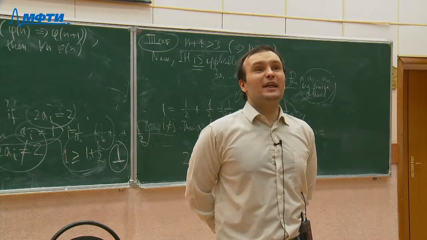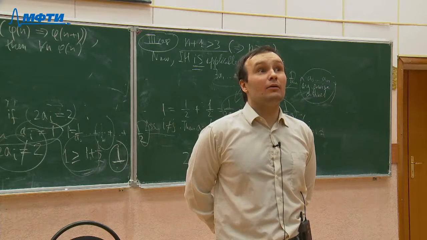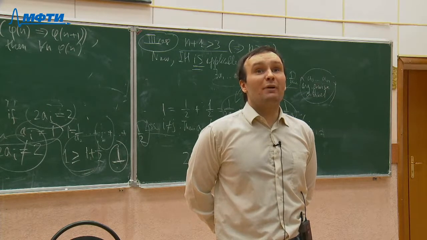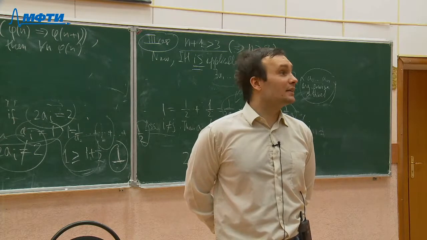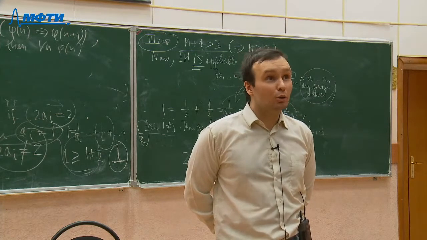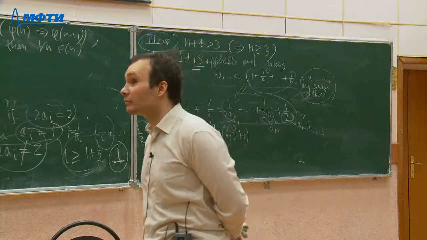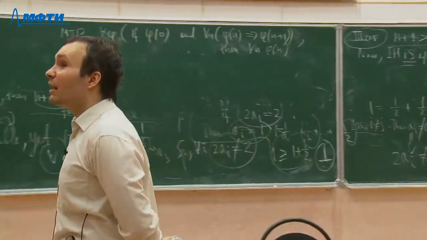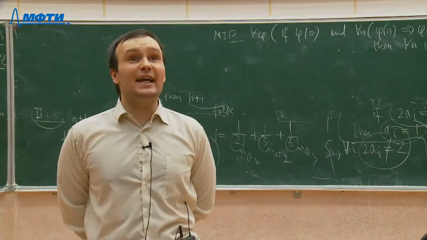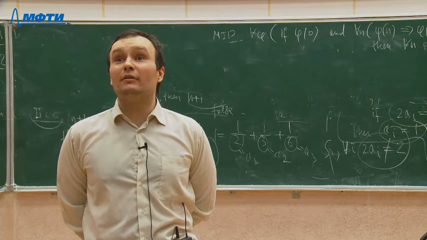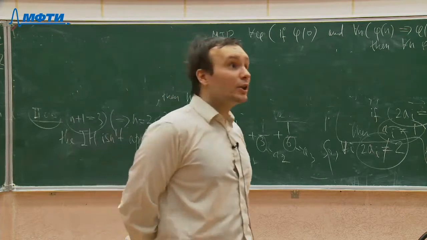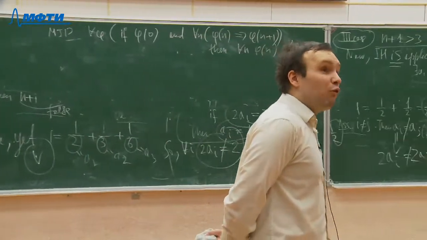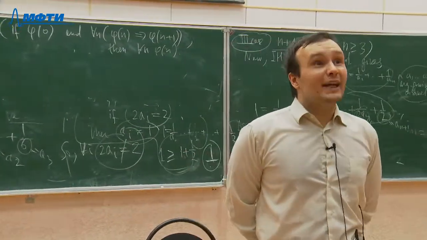Do you know the least prime number? Do you know primes? So what is the least prime number? 2, of course. Do you know the least number which is divisible by 3 and by 5? 15, of course. So, for whatever property of naturals,